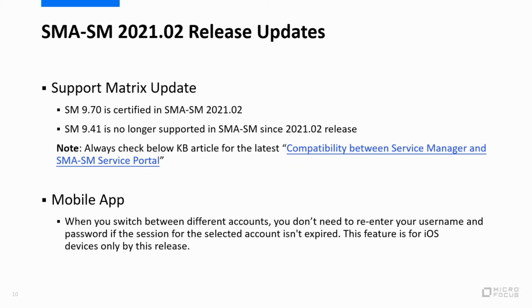Therefore, from the 2021 February release, we will remove the Service Manager 9.41 Process Designer version from the support matrix of the SMA-SM. This support matrix takes effect from the February release. For customers who have enabled the Service Manager 9.41 PD tenant in the previous SMA-SM, it is still supported, but from the February release, it is no longer supported in the support matrix. And